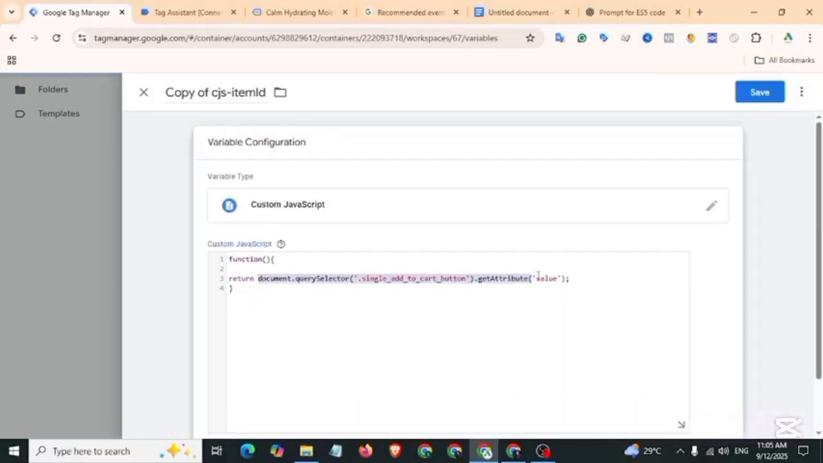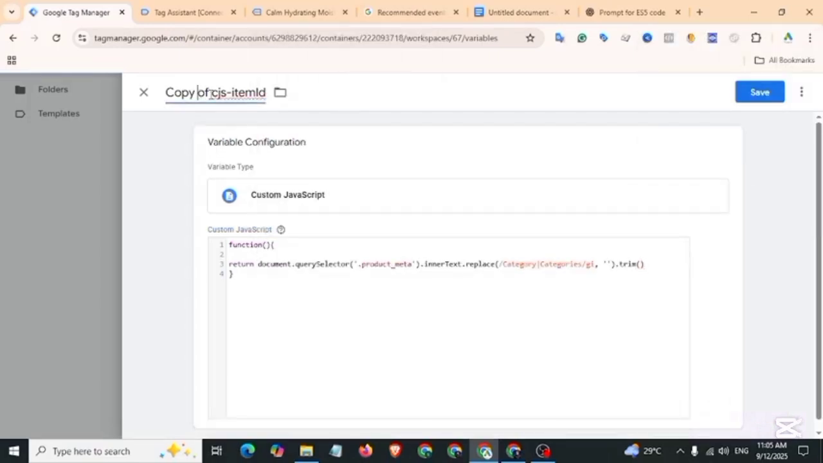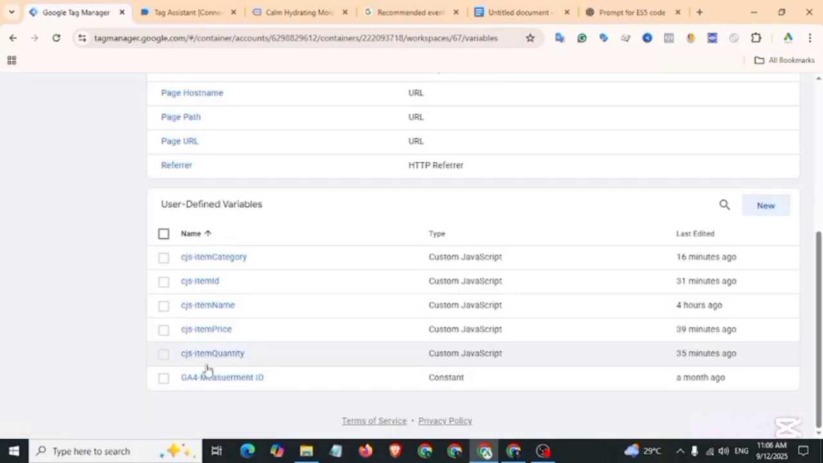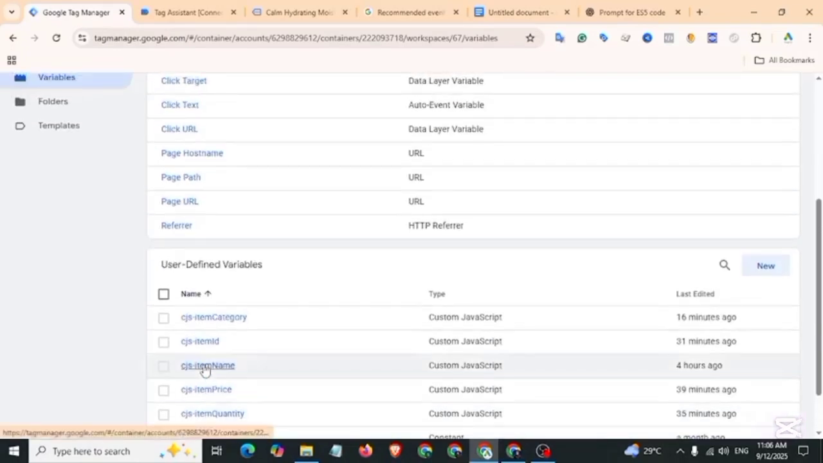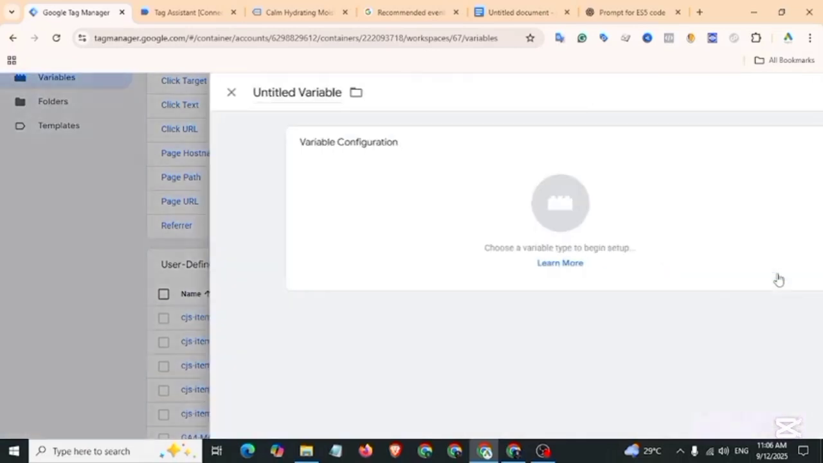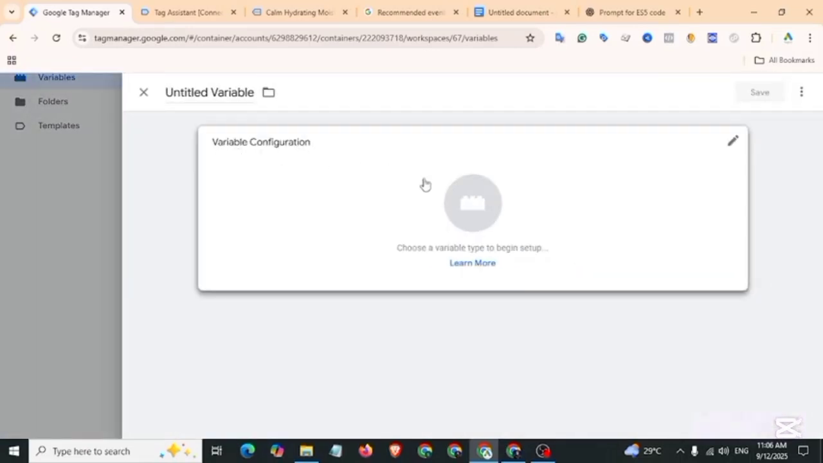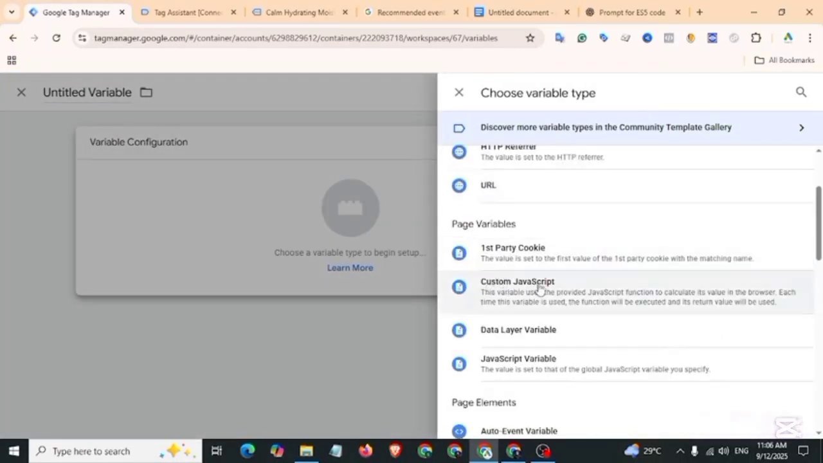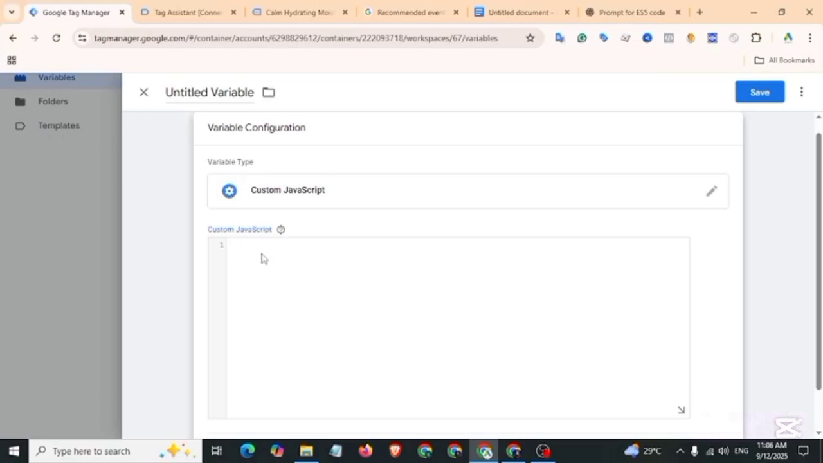and return item category. Customize the name, then save. Now we create the array variable. So new variable configuration, custom JavaScript, write here function, write a variable for item name